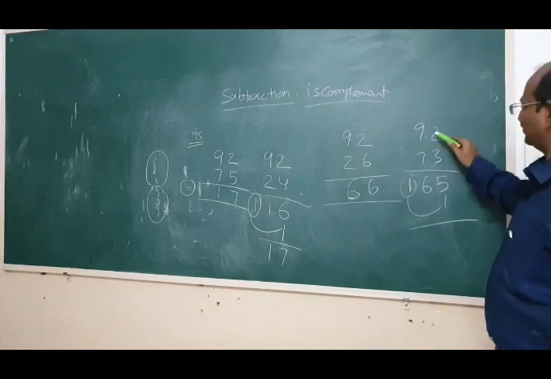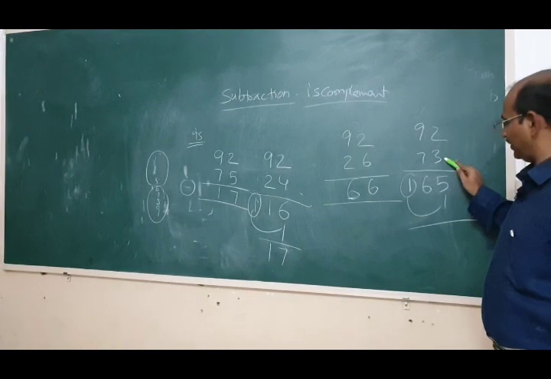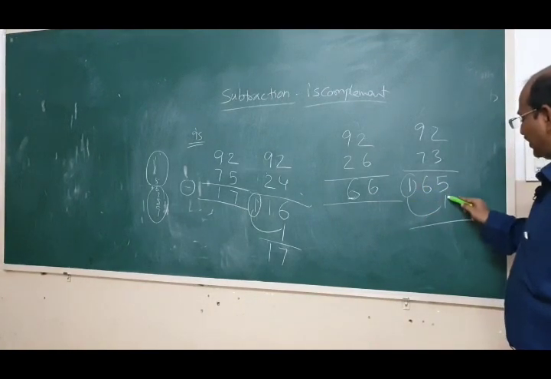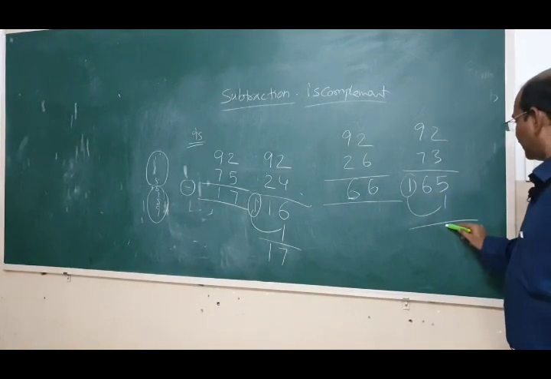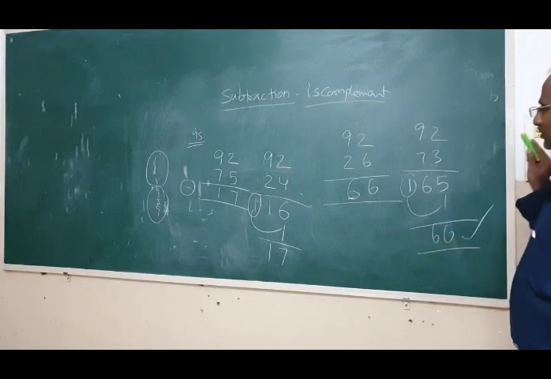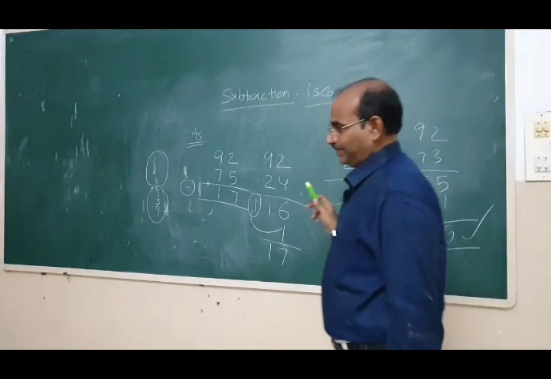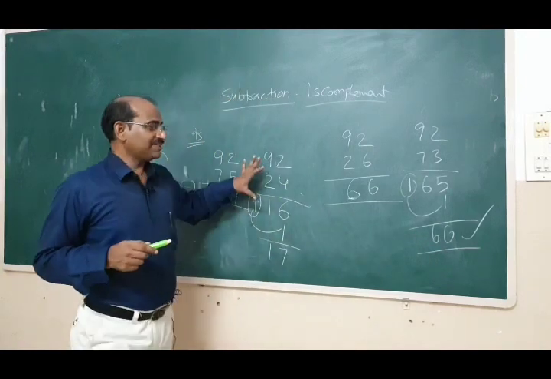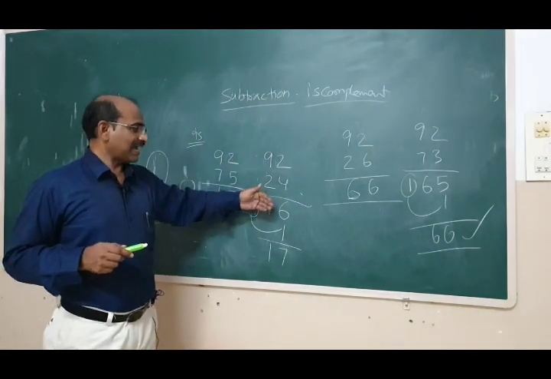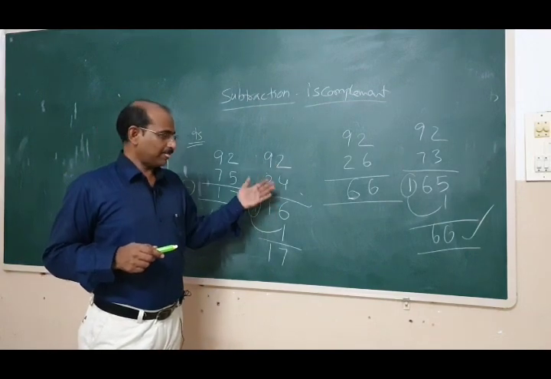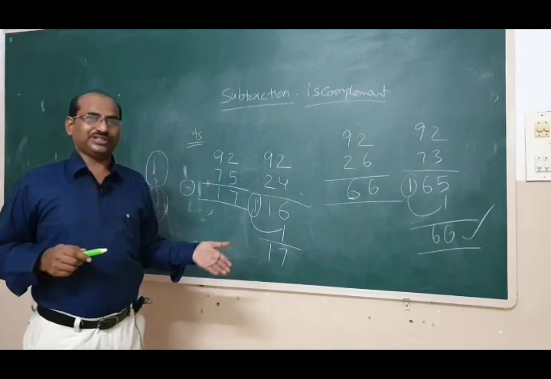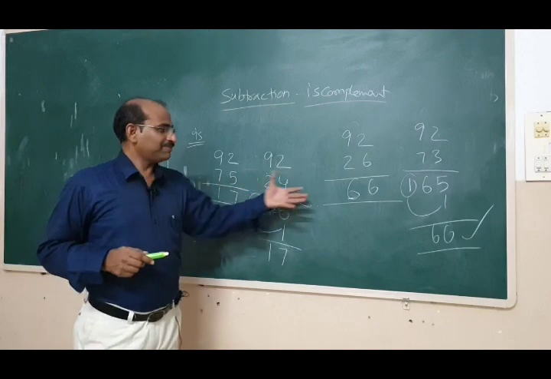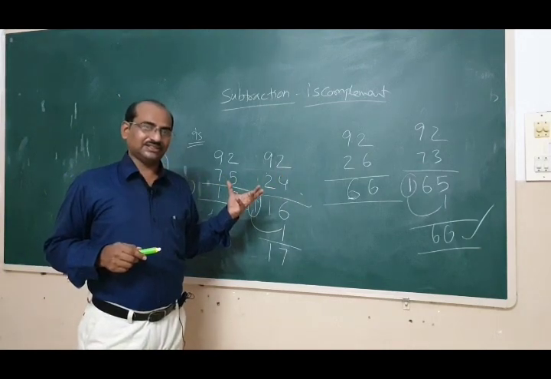Again, end-around carry. You take the 9's complement and we got 165. Add this one, end-around, 5 plus 1 is 6, and 6. So like this, we can do subtractions using the complement method. The advantage here is that instead of subtraction, we are adding. Maybe one more step we are using here, but this is simply by addition, right?